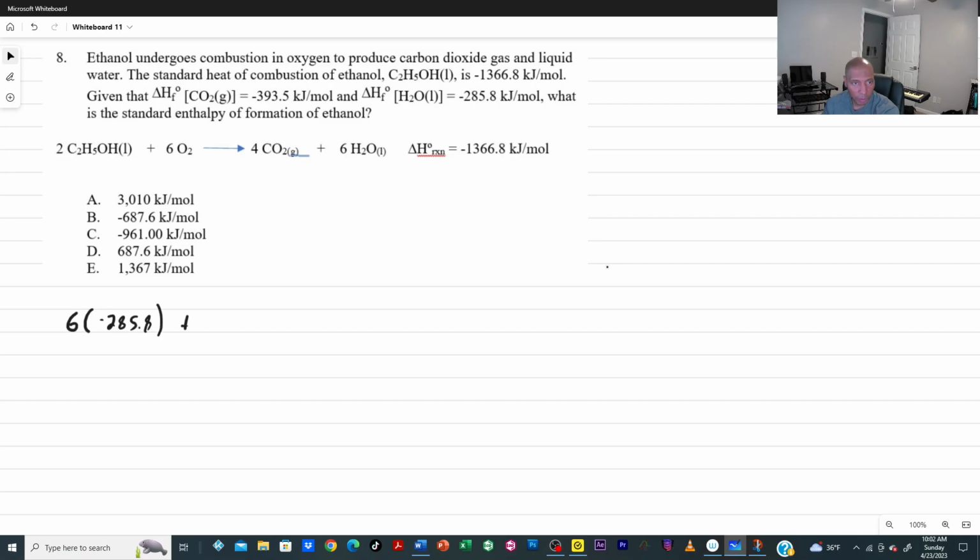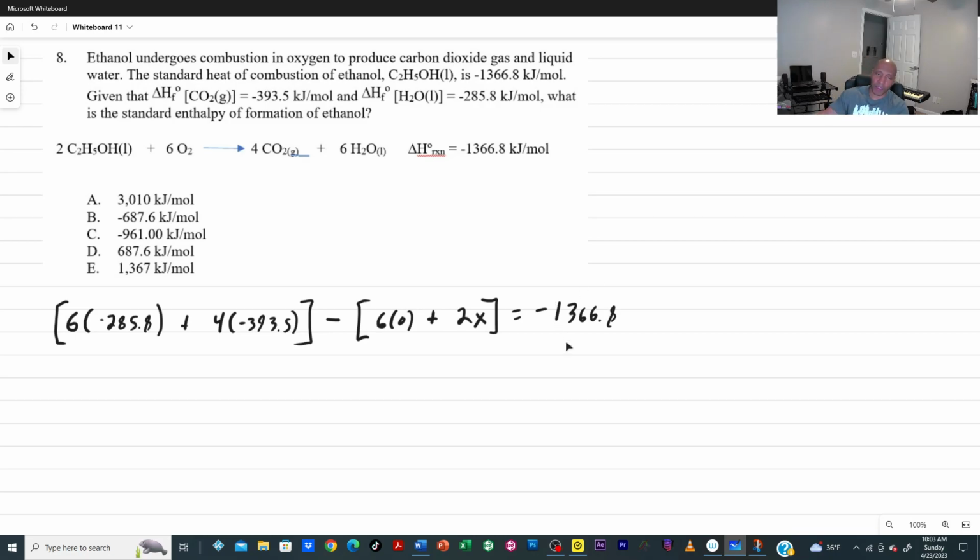Okay, so I know water, there's a 6 right there, so I'm going to say 6 times a negative 285.8. You can leave the units out. It's understood that it's going to be in kilojoules per mole. And then carbon dioxide is 4 times a negative 393.5 minus, even though oxygen is 0, I'm going to go ahead and include it, 6 times 0 plus 2 times x, which is what we're trying to find, is equal to a negative